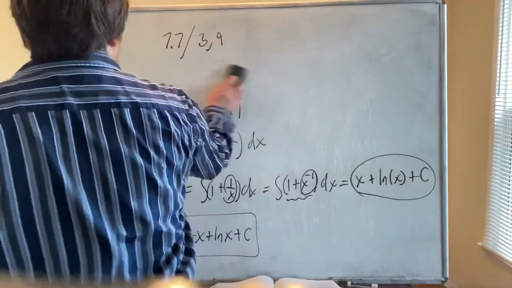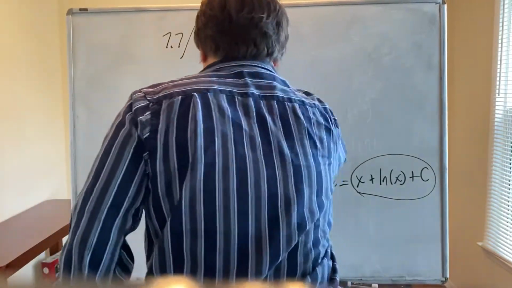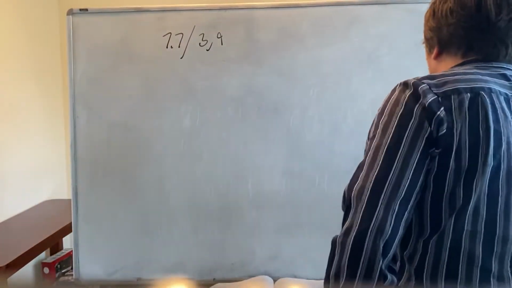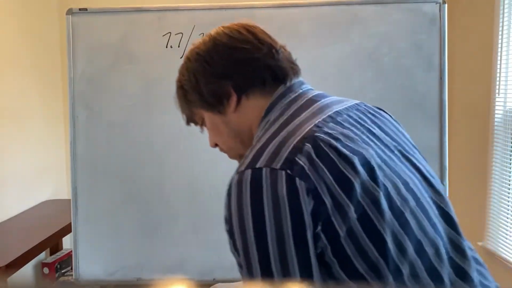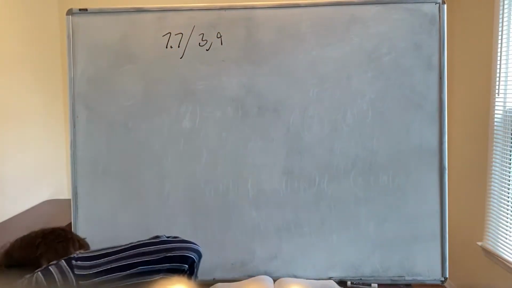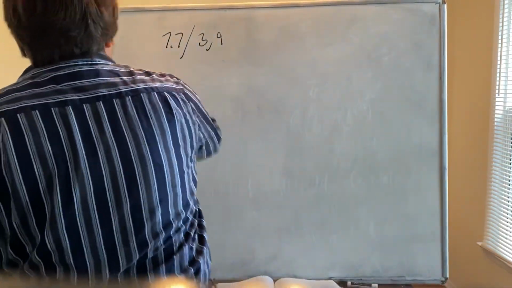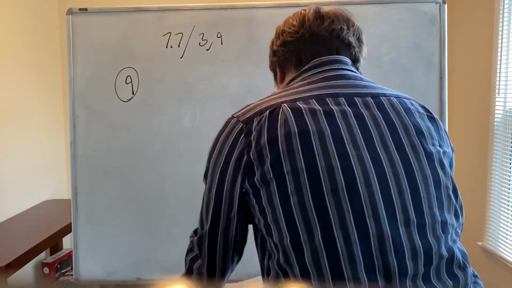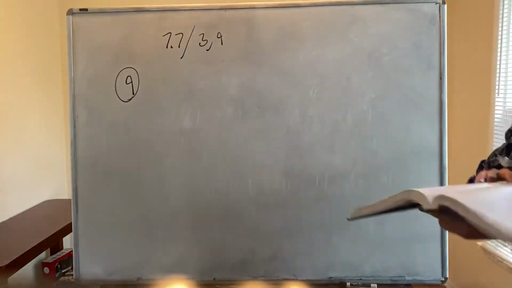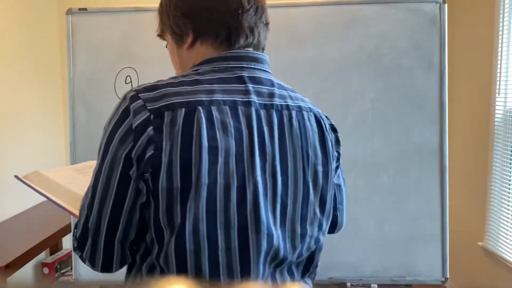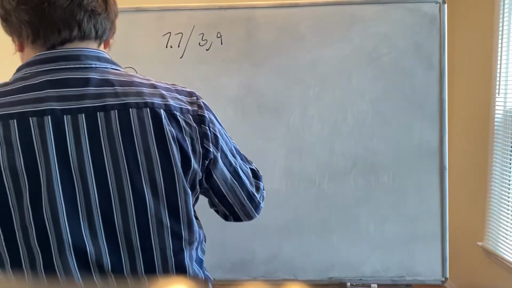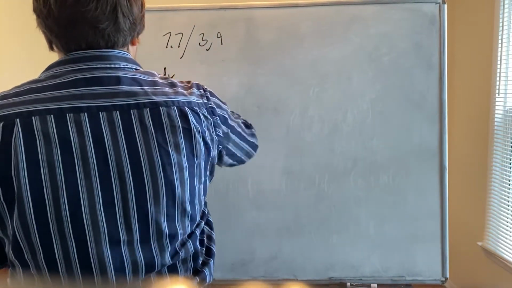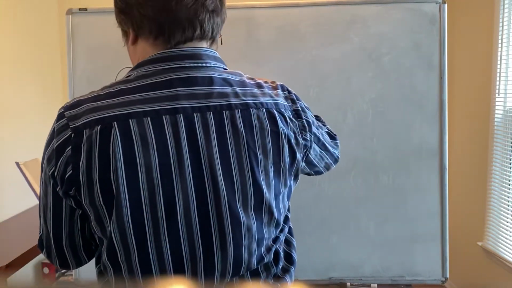Let's do number 9. So next is number 9. Okay, so for number 9, we're going to find the solution of the differential equation satisfying the initial condition. So for number 9, we have dy/dx equals x over y,